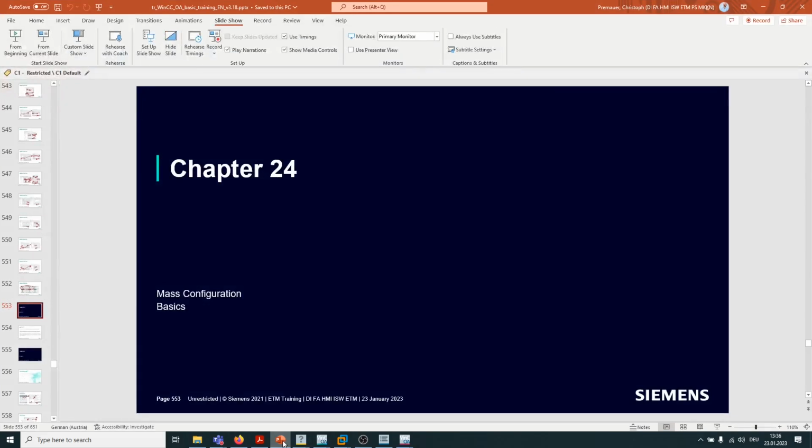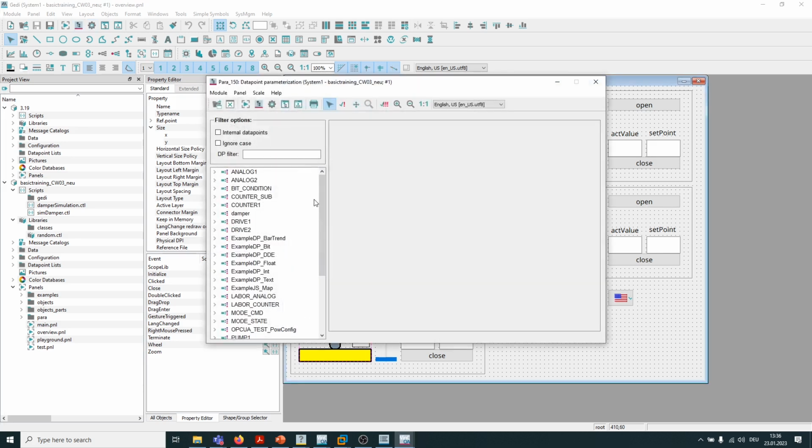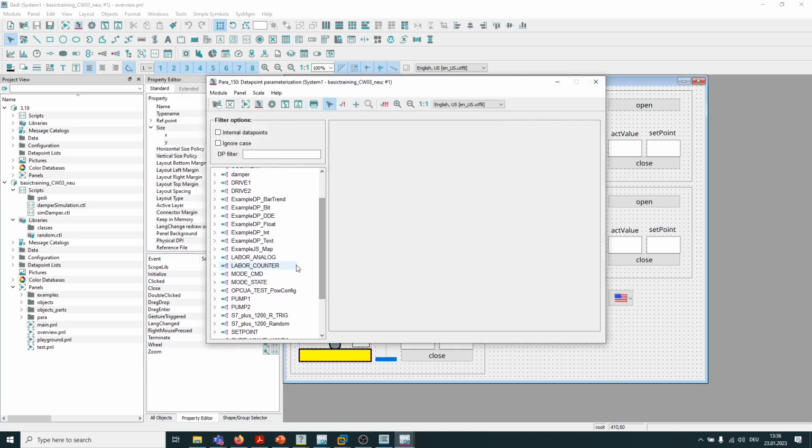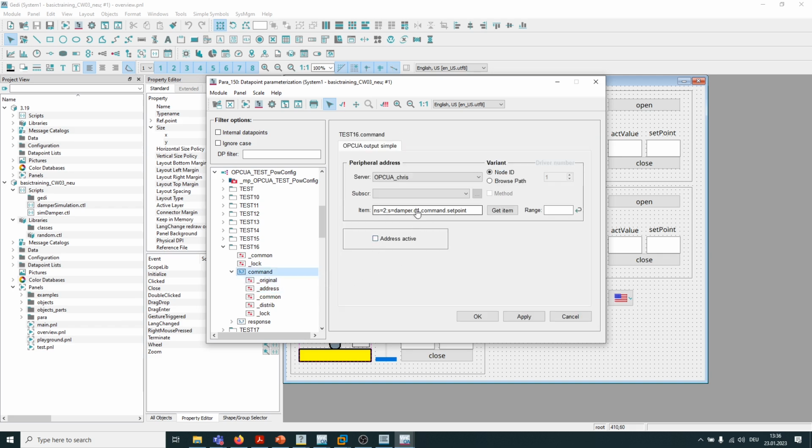Mask configuration. So the thing is to avoid configuration by power, where you have to go inside every data point and activate the address and change the right